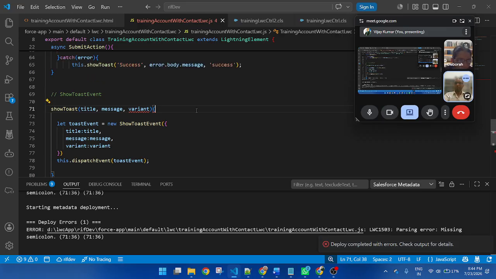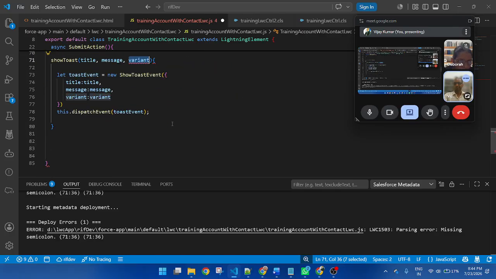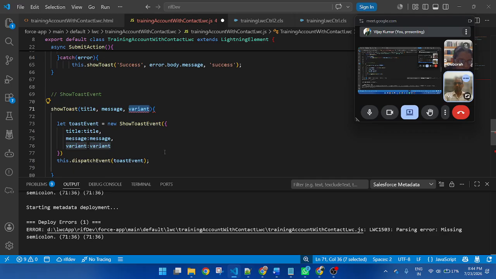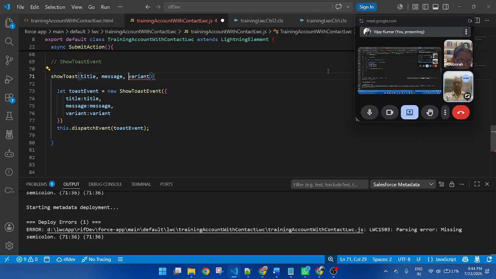I am making title, message, variant. I am doing the same, but why does it sometimes work?